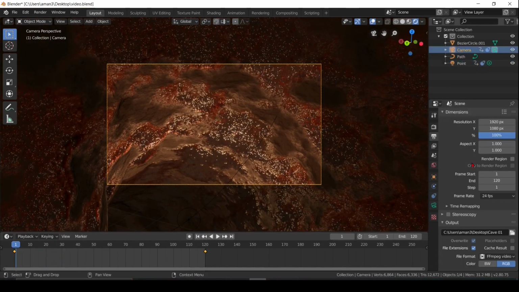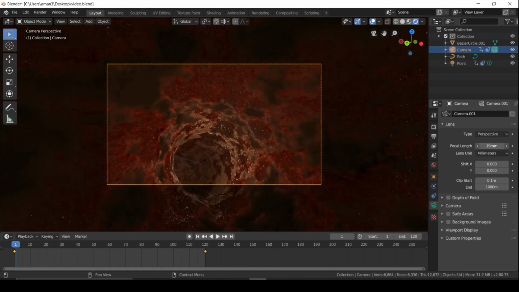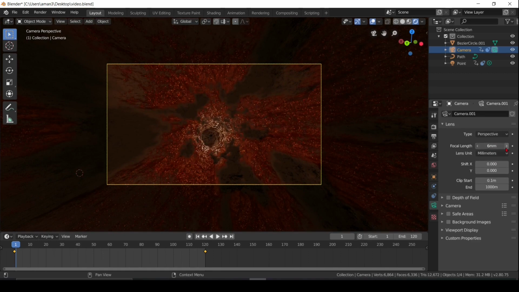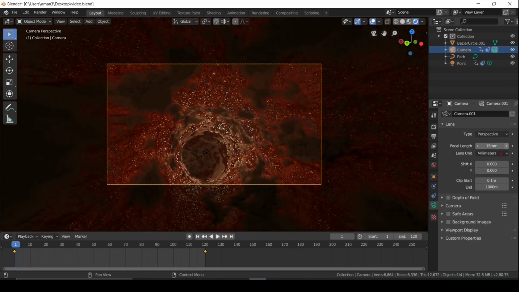Before rendering, click on the camera and go to the camera setting and adjust the focal length according to your need. I am selecting 15.